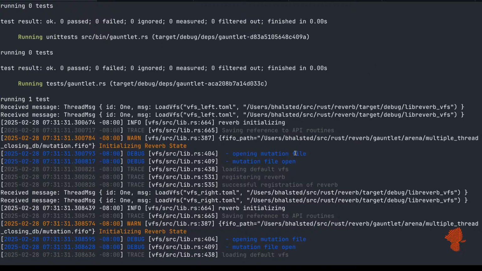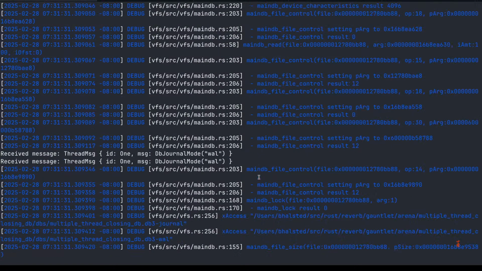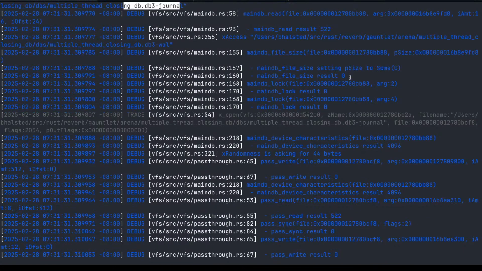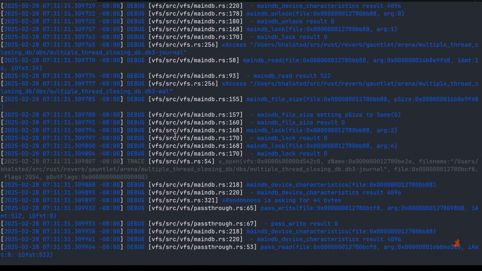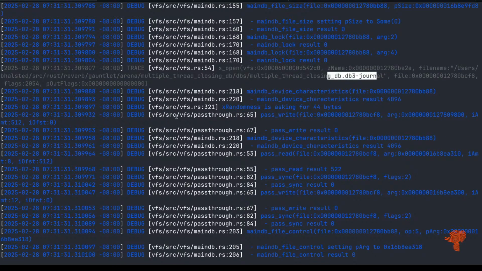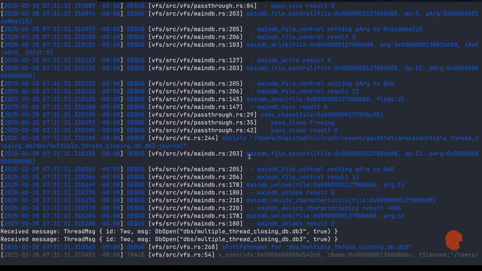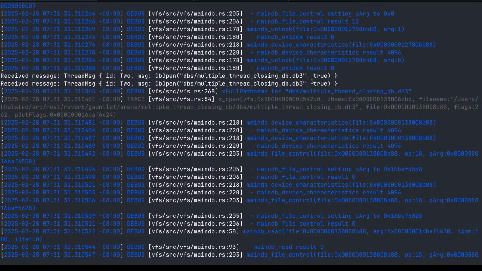All right, maybe it just loaded that file first for some reason. So at some point we set the mode to WAL. So maybe it's trying to load the journal file to draw all the data back in. No idea, but that sounds good though. We delete the journal. Okay, so that must have been it. We're converting the modes.